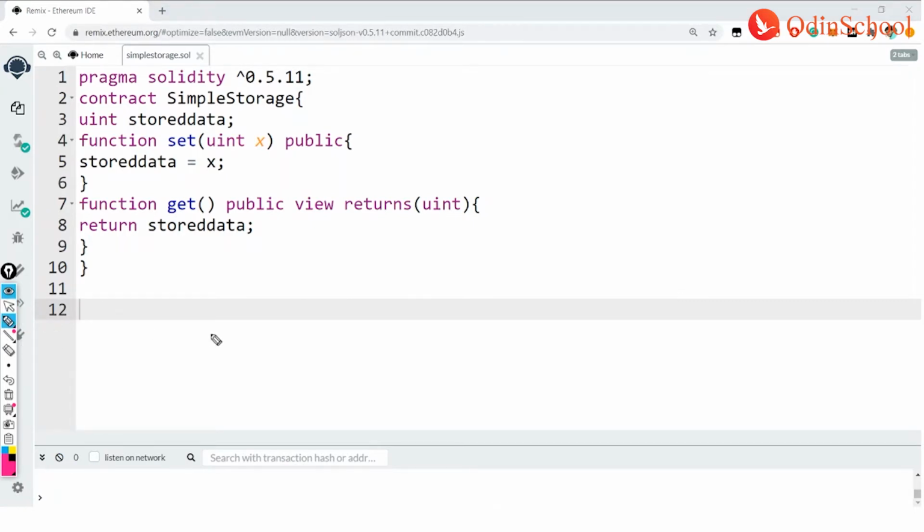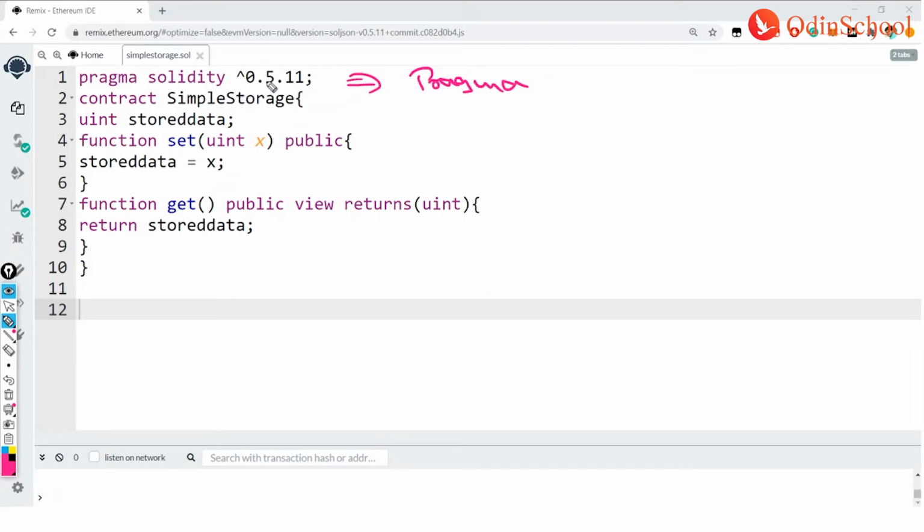The code which you can see here is explained line by line. When I say line number 2, it corresponds to contract. When I say line number 1, it corresponds to pragma. Here it says pragma solidity, in small caps, and then 0.5.11. Now what is pragma actually trying to say? Pragma is saying that whatever version I have taken here, in this version the entire contract will be compiled. So what is the version?